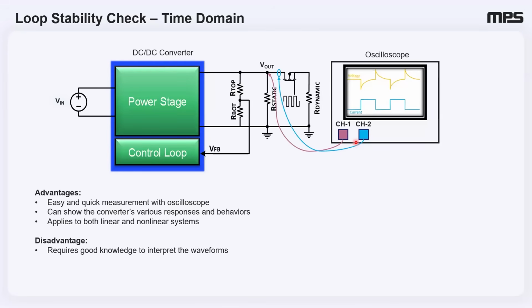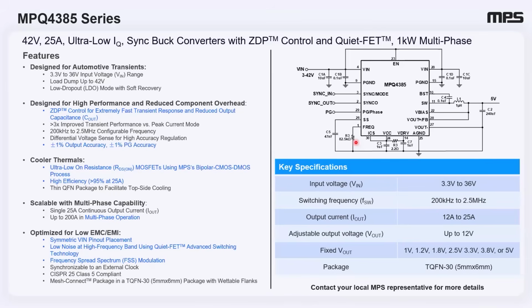The main disadvantage is that interpreting these waveforms requires good knowledge and experience. So in today's webinar, we are going to learn how to interpret these waveforms in the time domain. Before going deep into time domain analysis, we are going to take the MPQ4385, which is a 42 volt, 25 amp, ultra low IQ synchronous buck converter with zero delay PWM control and quiet FET